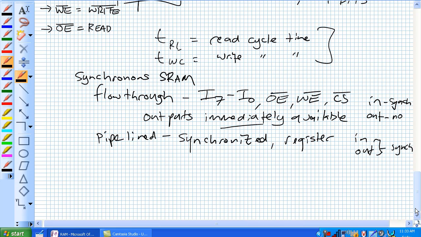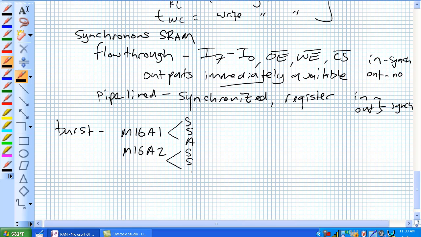Okay, so there's a couple other features, particularly our burst feature, which leads to a really good digression. The M16A1 and the M16A2, those are rifles used by the military. What was the difference between these guys? Well, this one had a safe, a semi, and an automatic. This one had a safe, a semi,